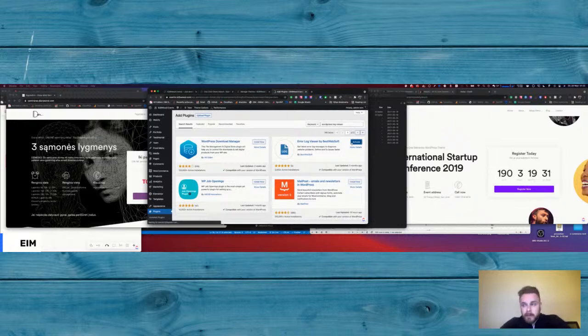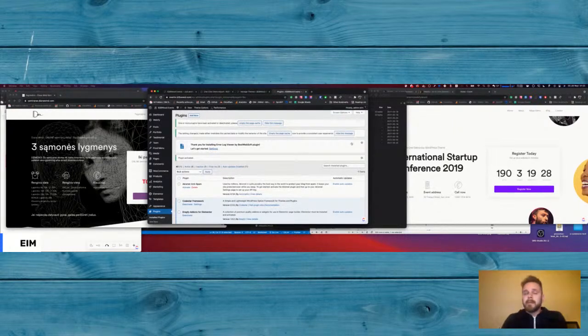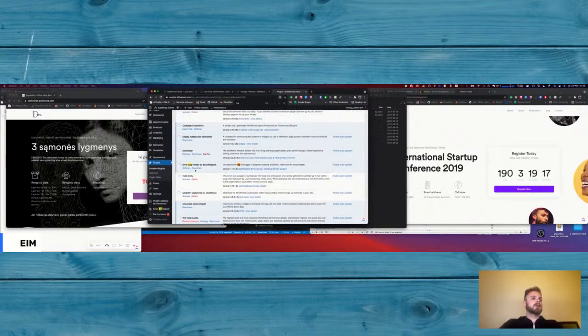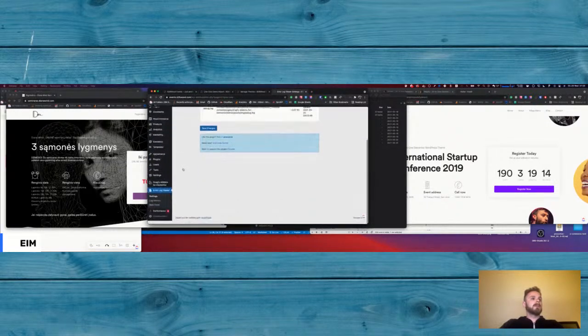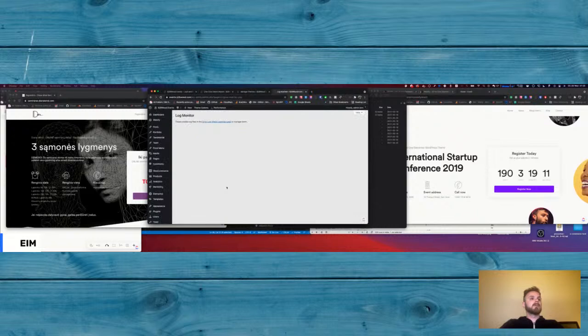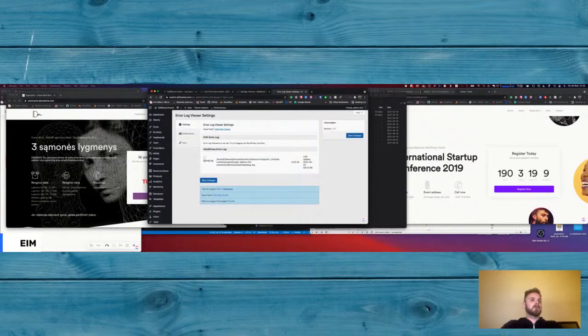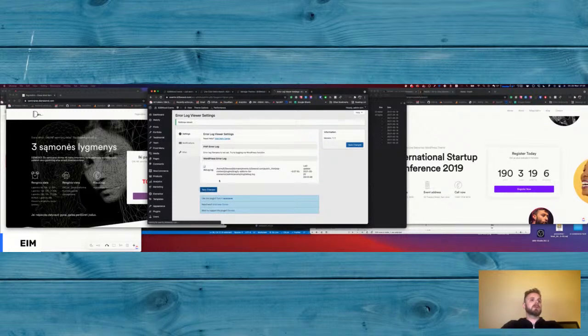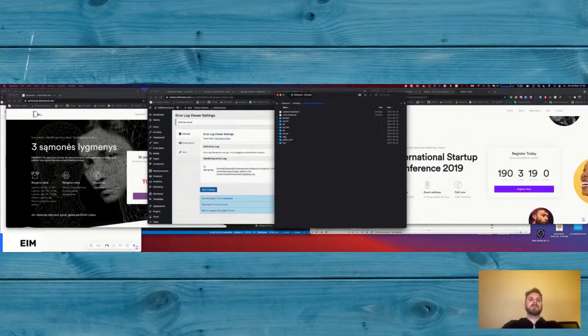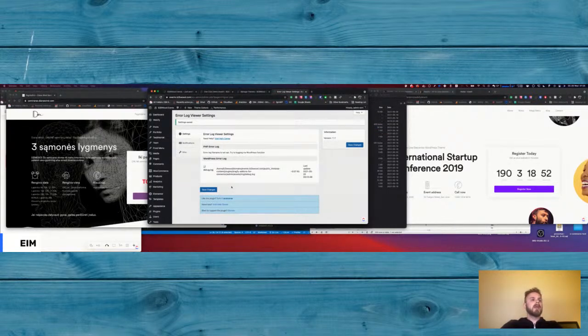But I need to invent staging for this website, and having staging environments with WordPress is also always a challenge. So this is one of the challenges we will be solving at some point. So yes, log viewer. Where do I see it? Settings. Okay, let's go to settings. Okay, log monitor. Enable, sure, save changes. Oh, so I have Trackify, blah blah blah. Public HTML and the error log. I don't think it stores in the public folder, which would be stupid.